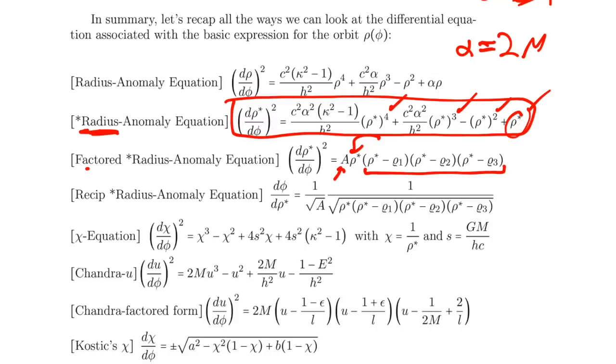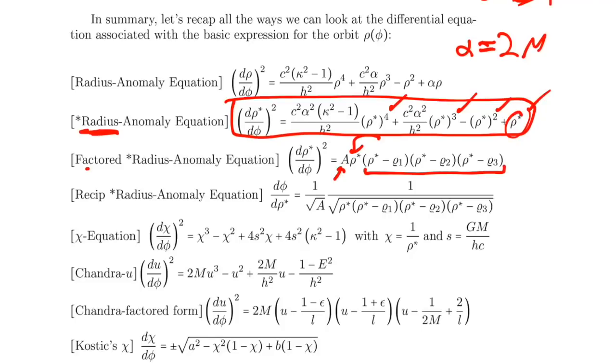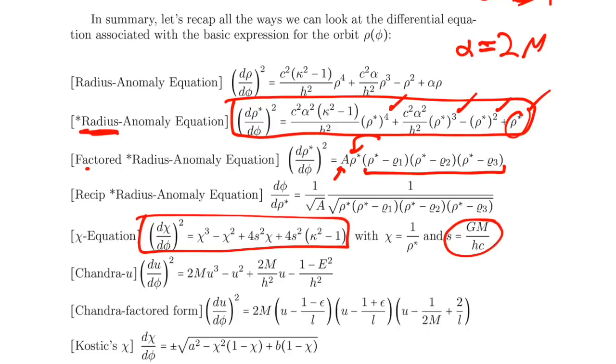And they look dramatic, but what could be less trivial than taking the square root of both sides and then the reciprocal of both sides, right? So that's what that step is. Then we made this very important substitution, chi is 1 over rho star. When we made that substitution, we end up with what I was calling the chi equation. And that substitution is very important. And then we just start accumulating these constants into